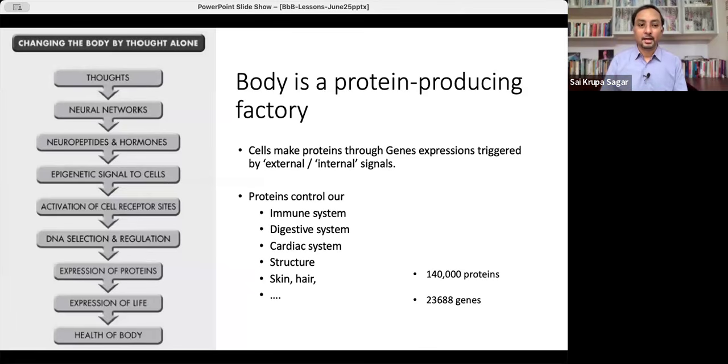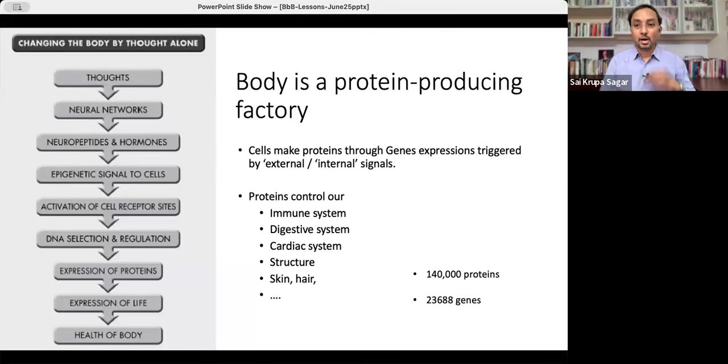How do genes get activated? They get activated when they get the right signal. If they get a bad, stressful signal, they generate bad proteins or weaker genes. If you get the right signal, they generate the right genes. For example, there are genes that upregulate and generate the right amount of insulin in our blood. And if those genes don't fire, then the amount of insulin in your blood drops, which results in other illnesses,